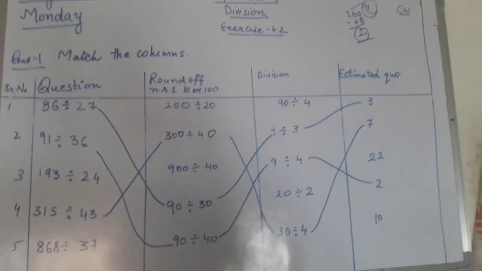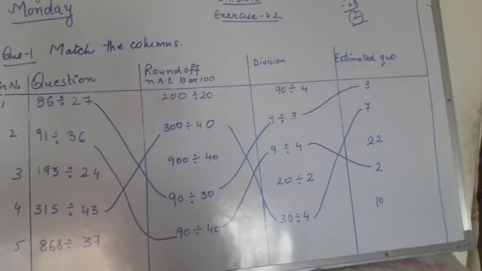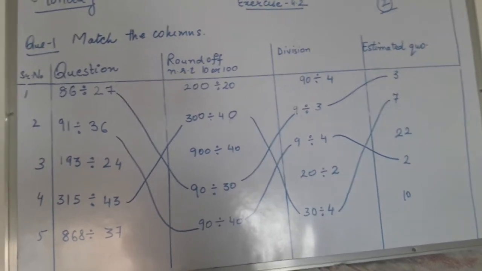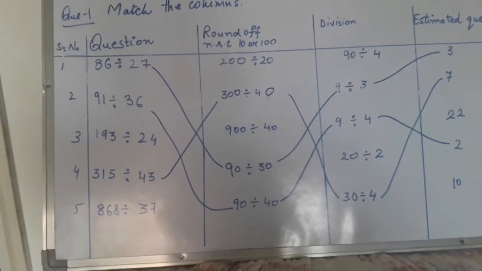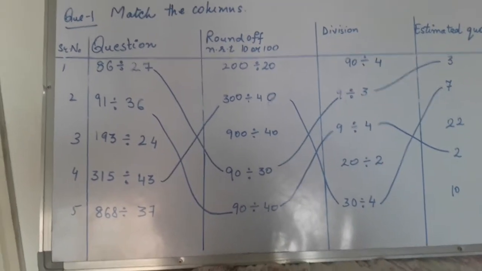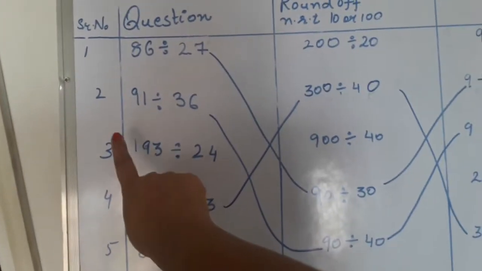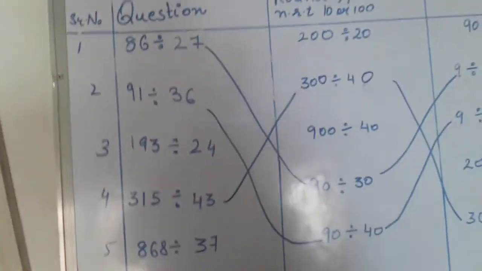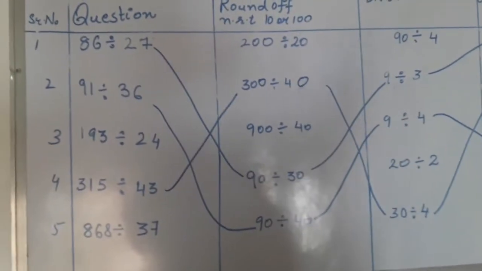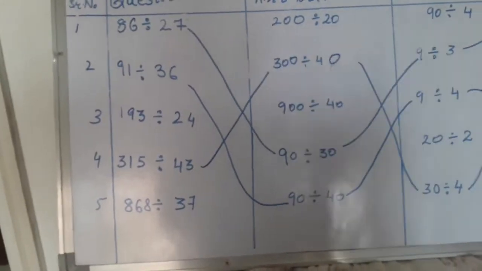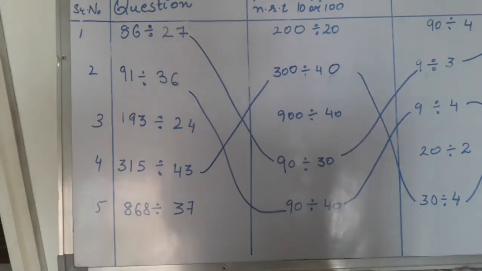We will be left with the third part, which says 193 divided by 24. Now again 193 is rounded off nearest to 100. So again for rounding off nearest to 100, we will see the tens place and it is 9, which is again greater than 5. So we will add 1 to the 100 place. Simple thing is this, that if the place which we see is greater than 5, then we add 1 to the next place. If it is not greater than 5 or it is less than 5, then we will simply put 0 on those places.